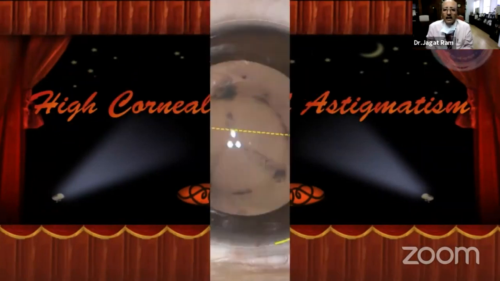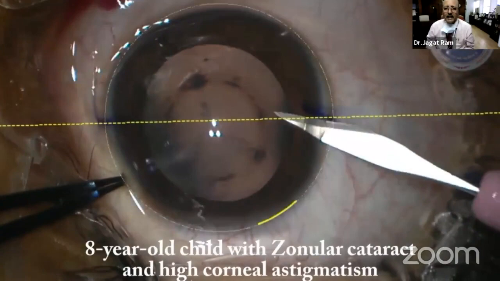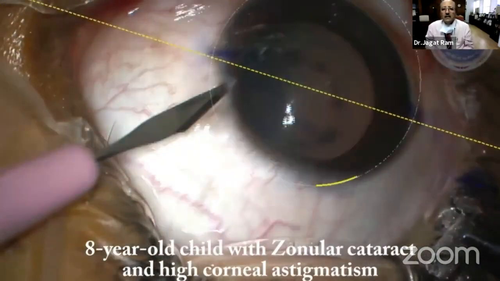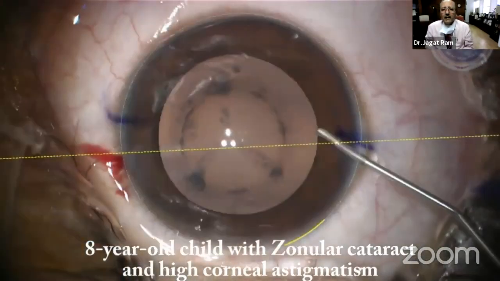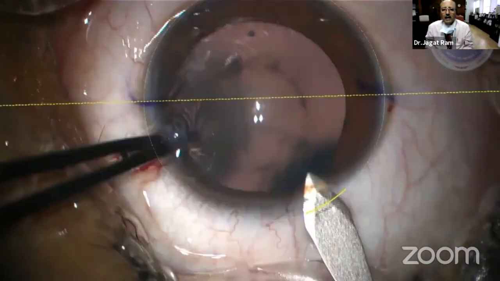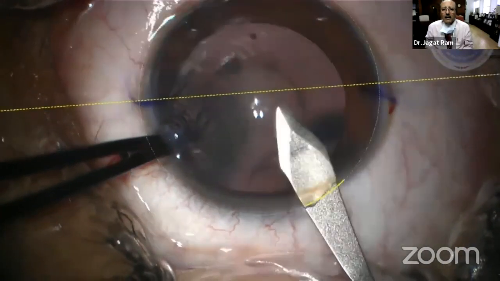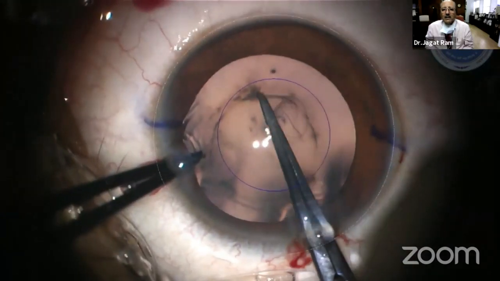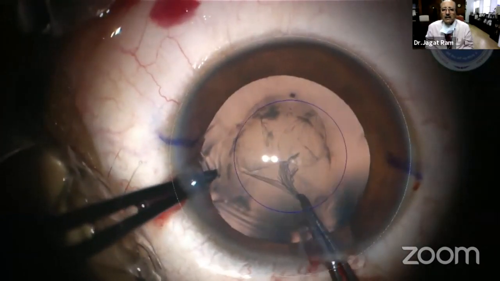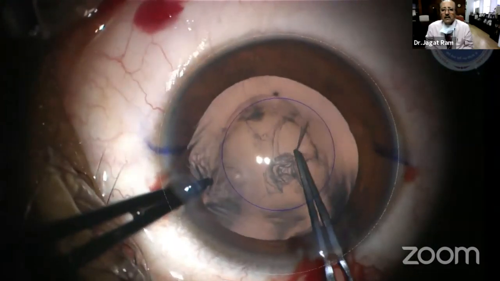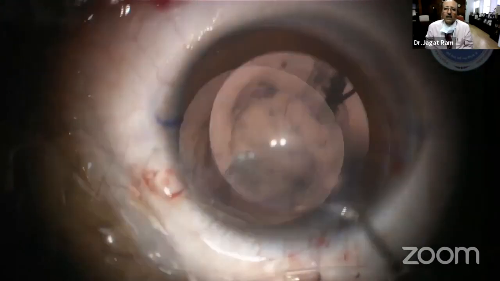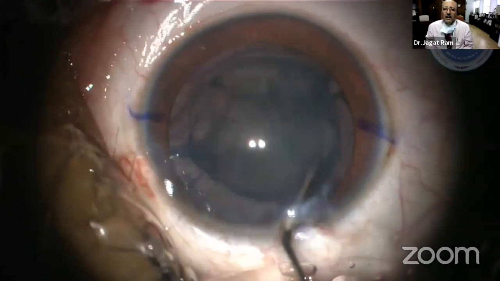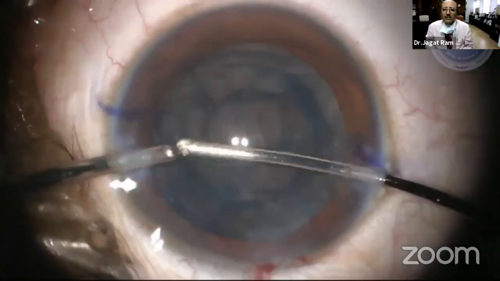Here is a high corneal astigmatism with cataract. Here marking is done. The child was cooperative for marking, and then we did the continuous curvilinear capsulorhexis. And then hydrodissection followed by removal of the cortex from the capsular bag.